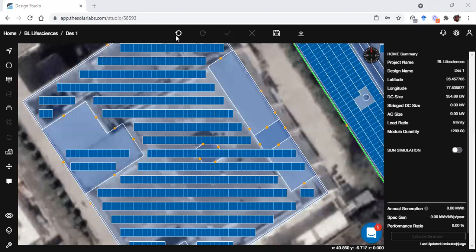No, Mr. Krupal, right now we don't have this cable sizing calculation. We are working on this feature, and maybe it will come up in some time. But right now we don't have the cable sizing calculation.